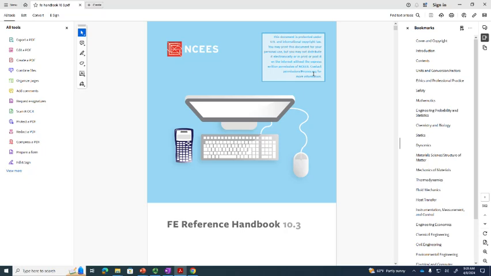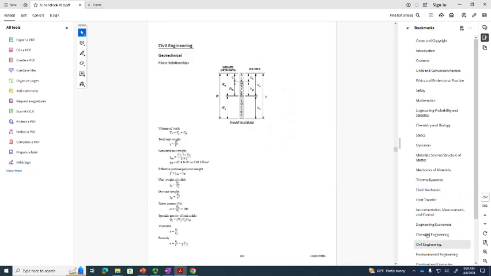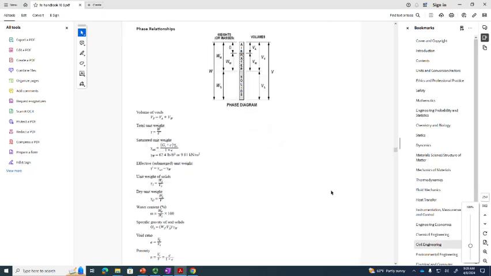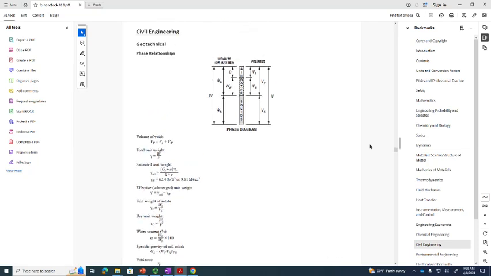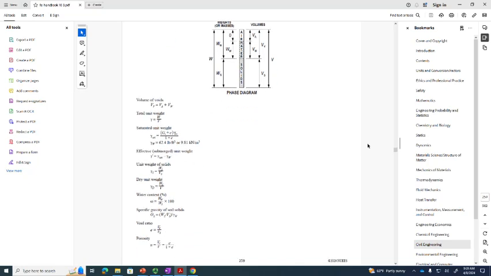How many of you have not looked at this? Okay, let's just take a look at it for a second, all right? Let's go to civil engineering. Would it have been nice to have all these soil phase relationship formulas all in one spot, like your dry unit weight, your void ratio, your porosity, remember all that stuff? I know you know this stuff, right? If you go to the civil engineering section, this is all the formulas necessary for the FE exam, but this is honestly just a nice reference to have.